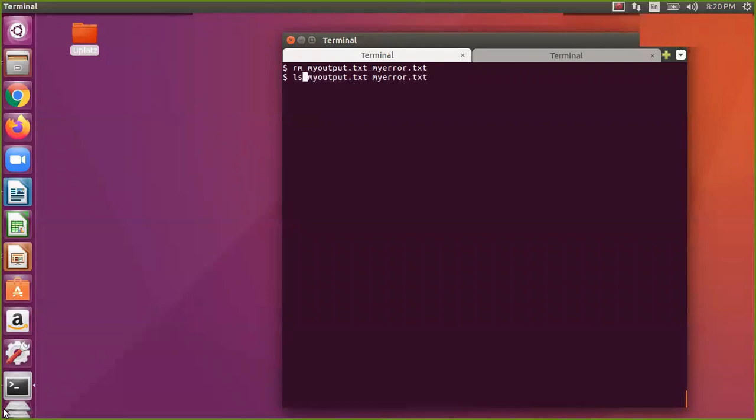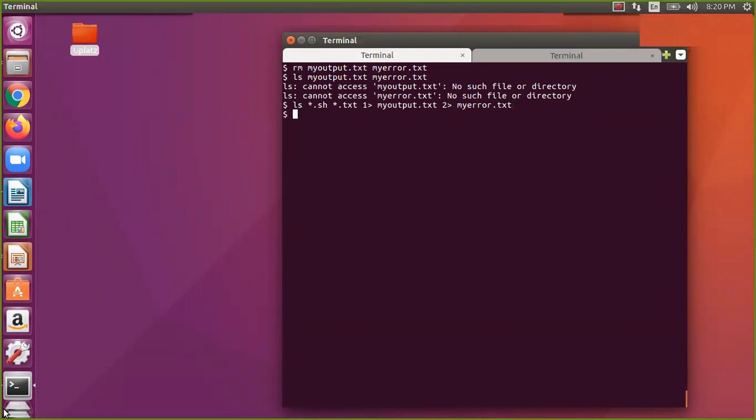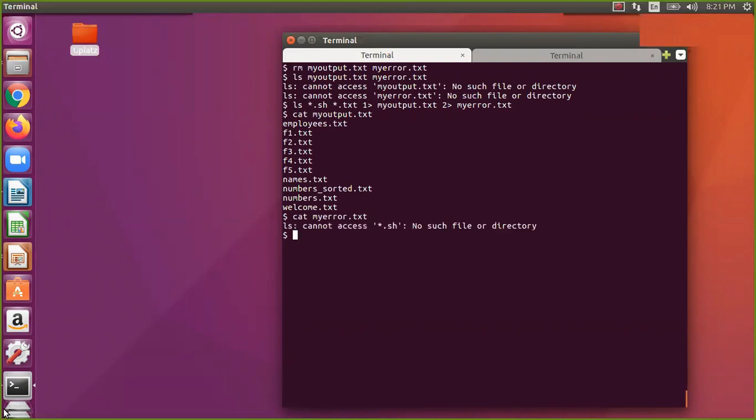We want to do both at once: star.txt and star.sh. For 1 you want my output.txt, and for 2 you want my error.txt. If you check with cat my output.txt, it gives you the output, and cat my error.txt gives you the error. Like that we have divided them.